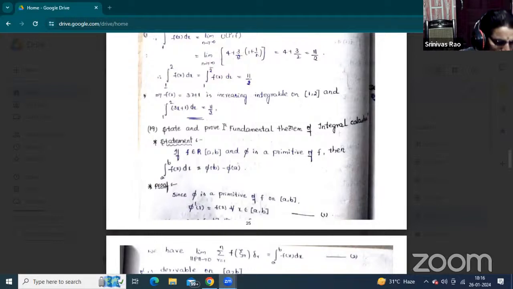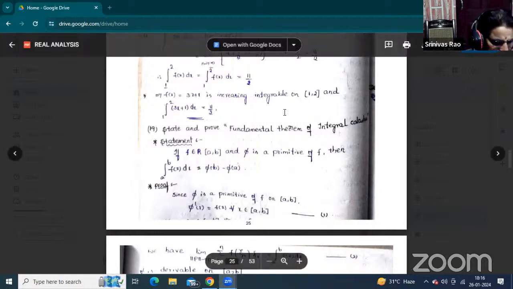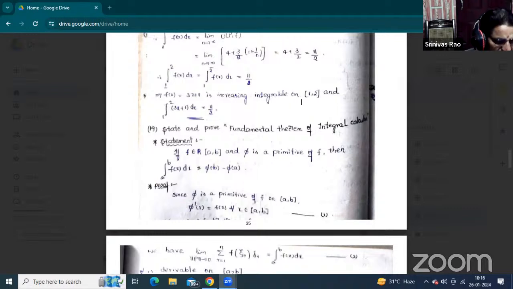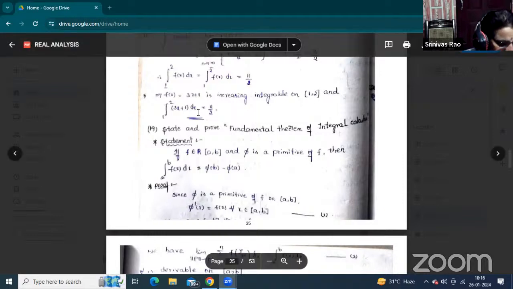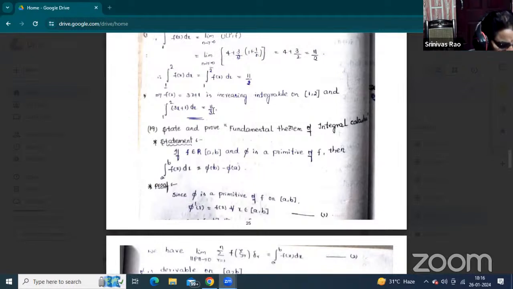Now there are so many problems here. f of x equal to sin x is increasing, and the given function is integrable on the closed interval a and b, or 0 and 1, whatever it is. So integral sin x dx is simply minus cos x. When the limits are 0 to a, minus cos a, minus of minus cos 0. So minus cos a plus 1. Now, these problems should also be practiced. Just see and refer to your textbook. There are so many problems through the Riemann integration.